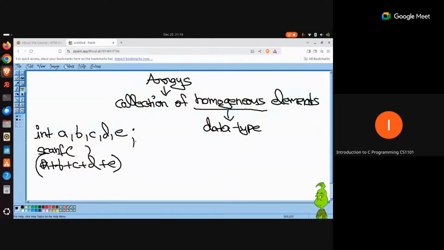But the complexity increases when the number of inputs that the user is going to enter becomes dynamic. When the number of inputs, or you can say values, that you will be working with becomes dynamic, that means while writing the program, you don't know how many values you will be finding the sum for, or how many inputs you will be receiving from the user when this program starts its execution.